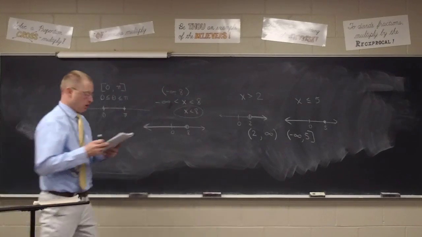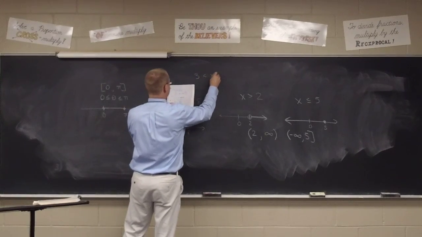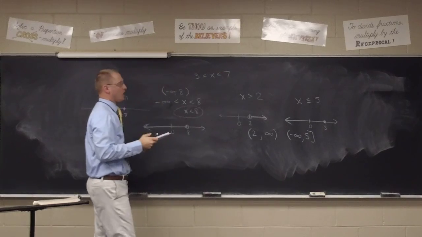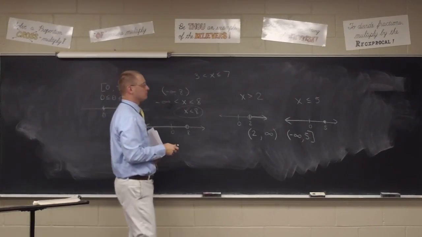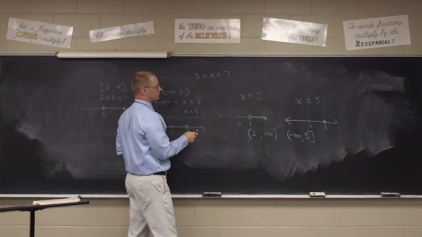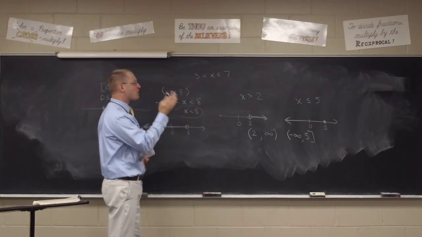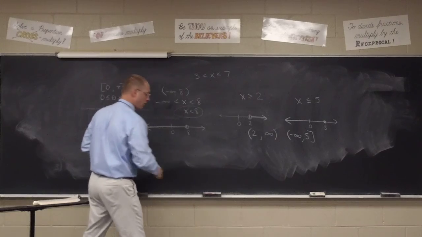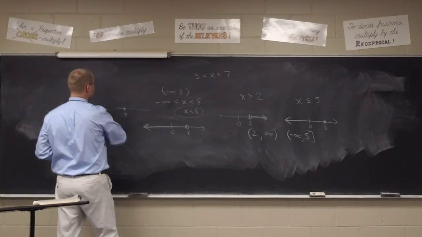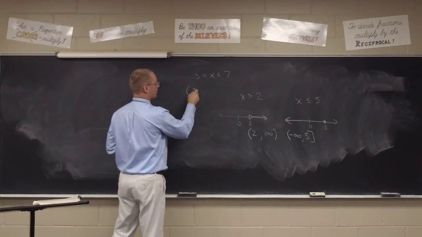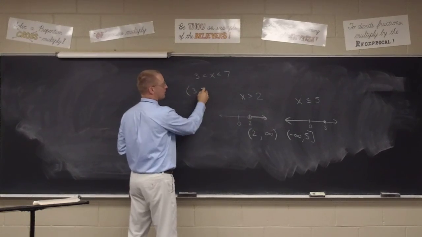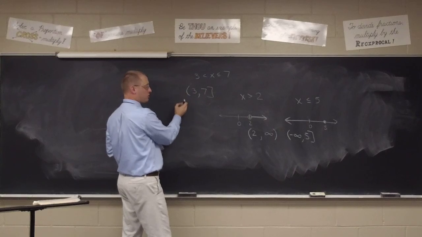How about this one? 3 is less than x is less than or equal to 7. How would I write that as an interval? Ethan? We do our line, right? We could do our line, but maybe you can picture the line and skip actually drawing it because we're too lazy. Okay, so, parentheses 3, comma, 7, bracket. There we go,